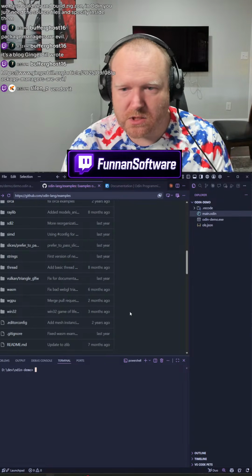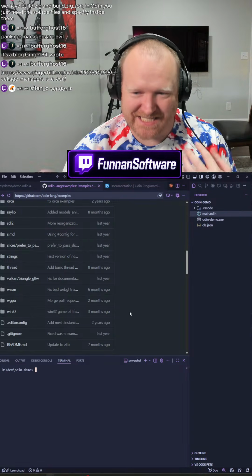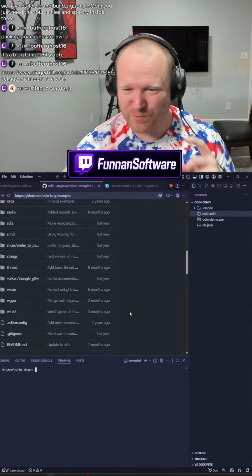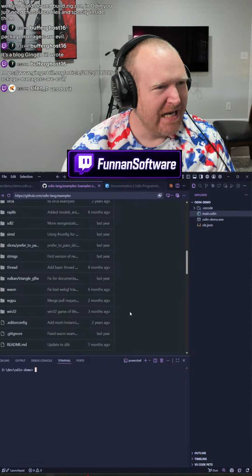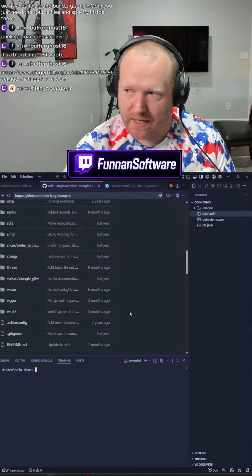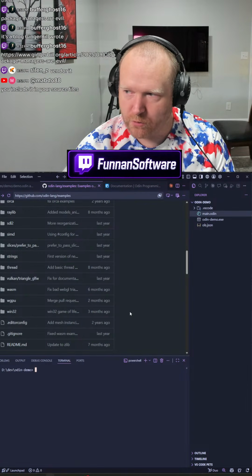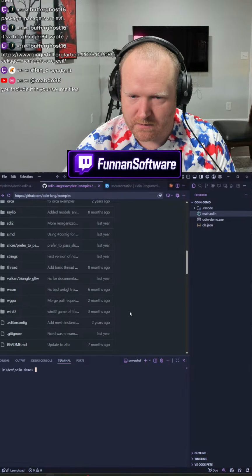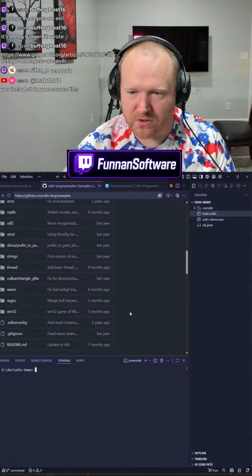Or is Odin, wait, and this might be my C head still struggling to process what's happening right now. Am I not linking against pre-built binaries or libraries? Is everything that I pull into my code base built at the time that I run it? You include it in your source files.